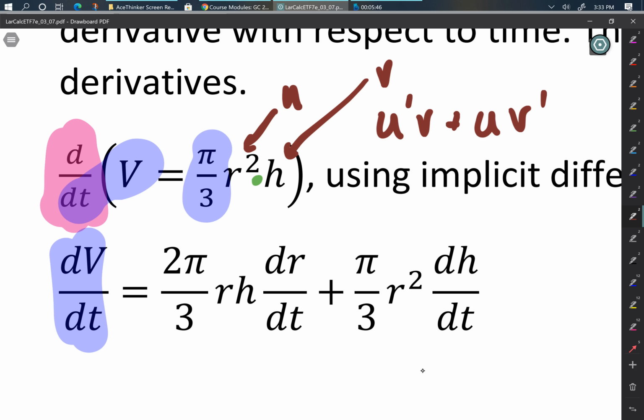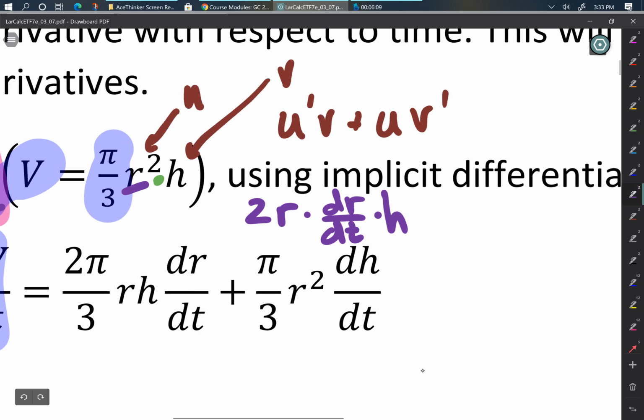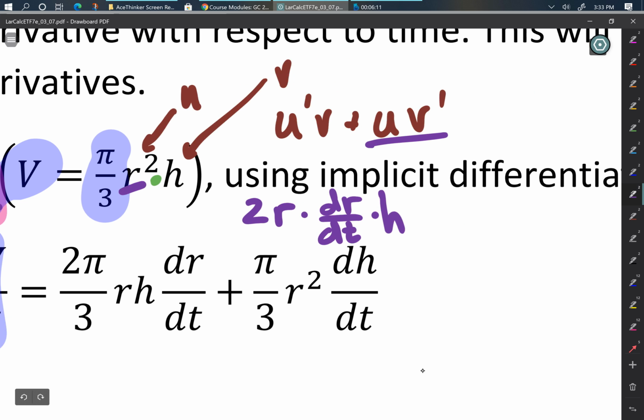Right? So then what is the derivative of r squared to get our u prime? Well, the derivative of r squared is going to be 2r times, by implicit differentiation, dr/dt, because the variables r and t don't match, times v, which is h. And then the uv prime plus r squared times the derivative of h. Well, the derivative of h with respect to t, dh